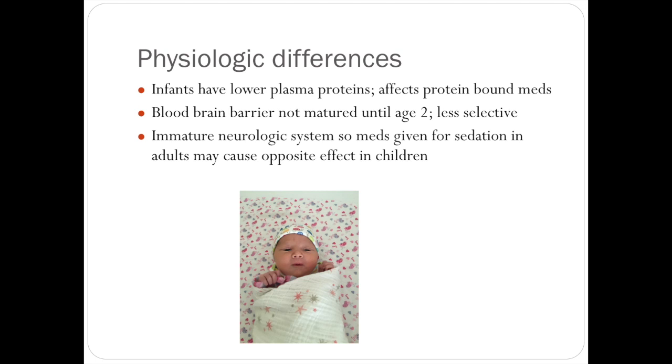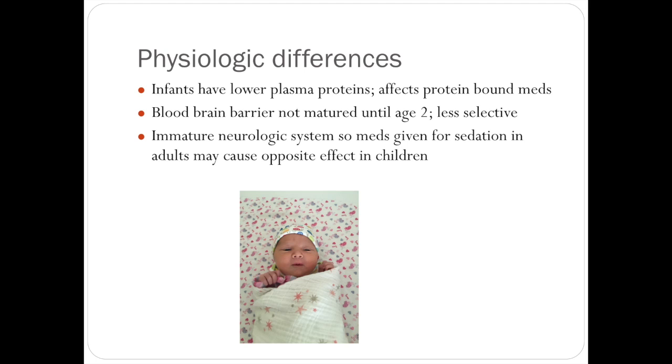Infants have lower plasma proteins, and when you think about drugs being protein bound, the protein-bound drug isn't being used. It's the free drug that's being used. So if an infant is given a drug that's supposed to be highly protein bound and they have lesser proteins, that means they have a higher amount of free drug circulating, exerting its effect,